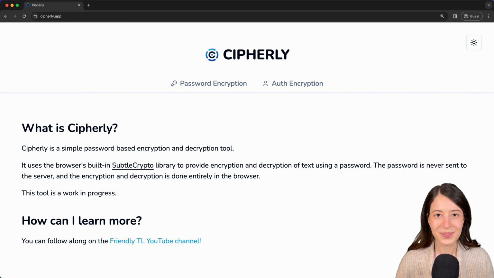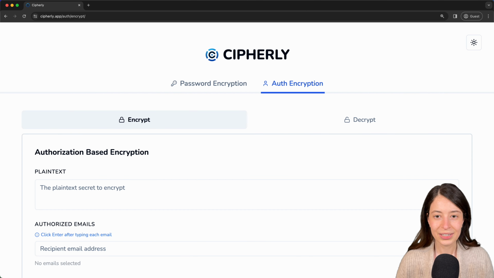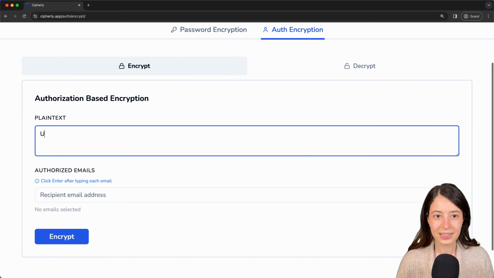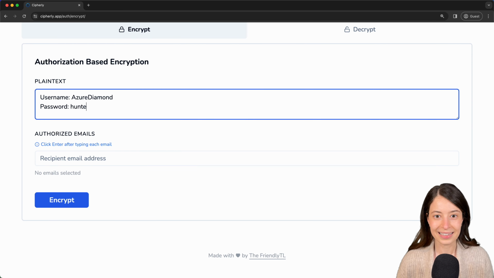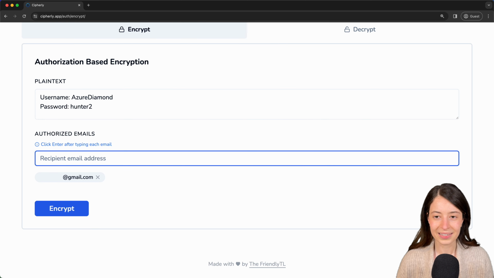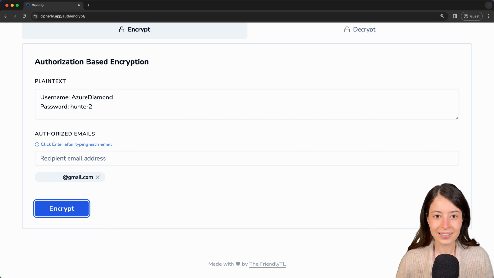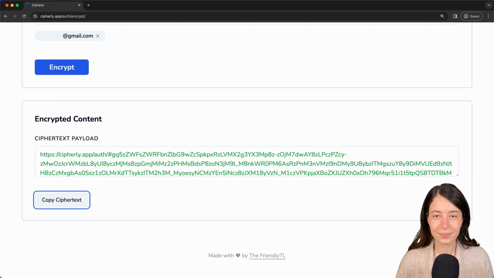Okay, enough talk. Let's fight. I mean, demo. Hey, I'm Alice, and I would like to send Chad a secret message. To do this, I head over to Cypherly's auth-based encryption tab and I type my secret. Then I authorize Chad using his email address. Then I click the encrypt button and copy the encrypted payload URL. This payload is safe for anyone to see, so I can safely share the payload with Chad in our public